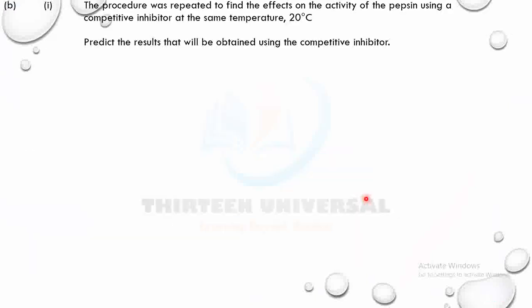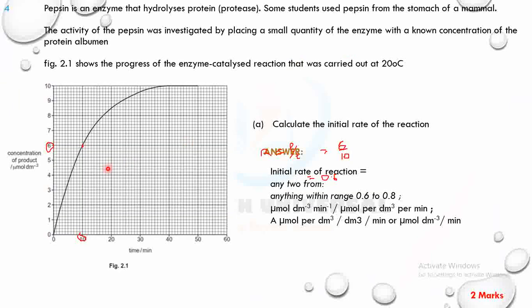Look at it. The procedure was repeated to find the effect on the activity of the pepsin using a competitive inhibitor at the same temperature. So predict the result that will be obtained using the competitive inhibitor. Pause the video, predict the result. If you put competitive inhibitor, what happens? The reaction will be slow. Competitive inhibitor competes with the substrate,